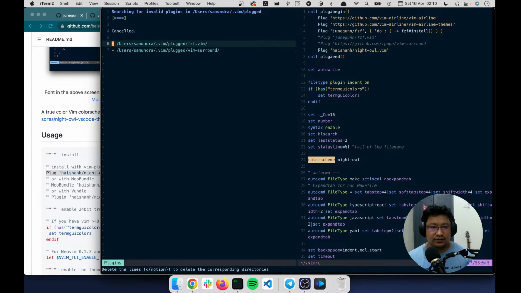What I can also do is, if I don't want to delete the lines, to delete the corresponding directories, I can just hit DD on this one. It will ask me whether I want to remove vim surround, so I can just say yes,